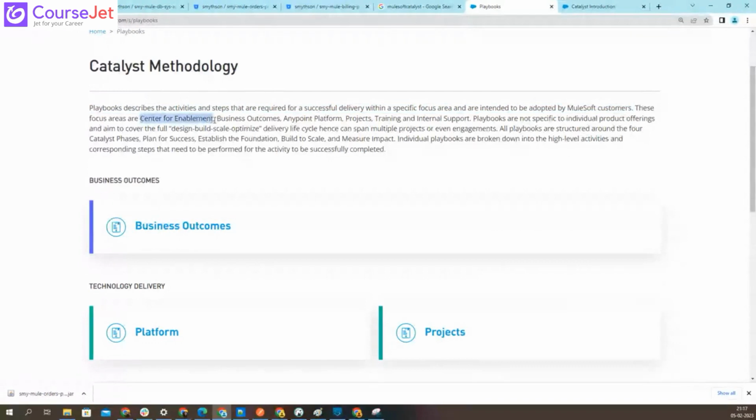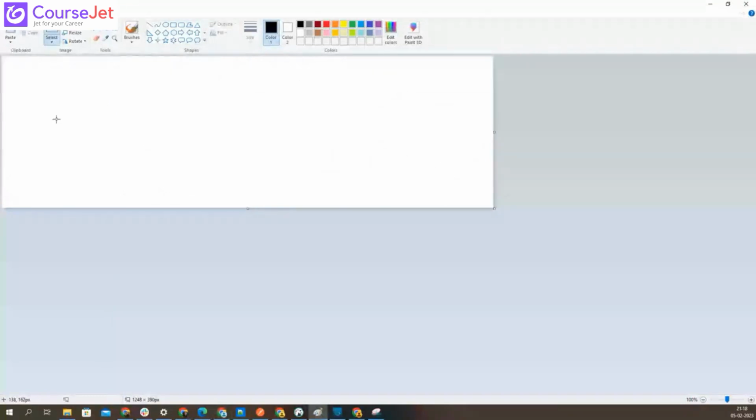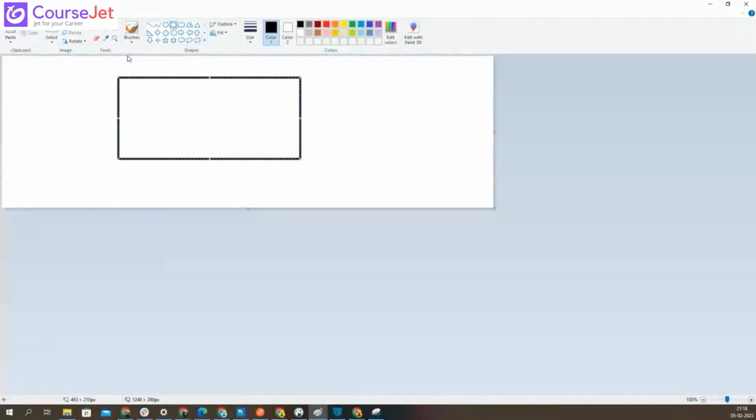You are aware of C4E, Center for Enablement? No. Okay, so C4E was there in the MCD level 1 also. C4E means there is one team that will be created. Every time there will be a team that will be created, that could be a centralized team. That team will ensure whether